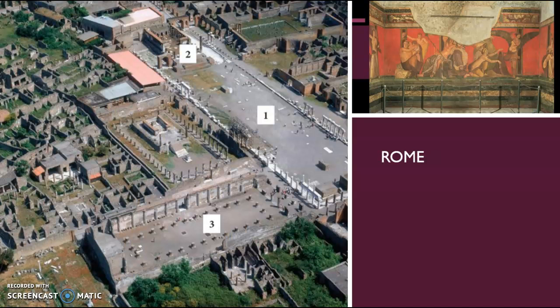Along with the Greeks are the Romans. They have pretty similar cultures and ideas. Here on the left, figure number 2 is an example of a temple within an important location in a Roman city. With the forum and the marketplace, it's right in the center of human activity, so you can really see how important religion was and how important the emphasis of that religion was within daily life.